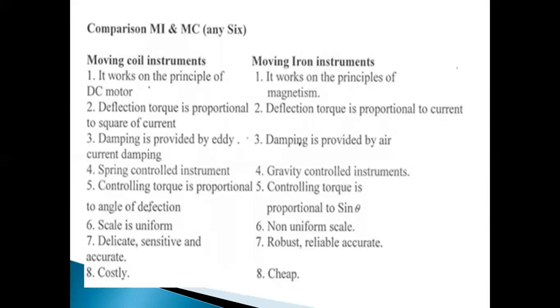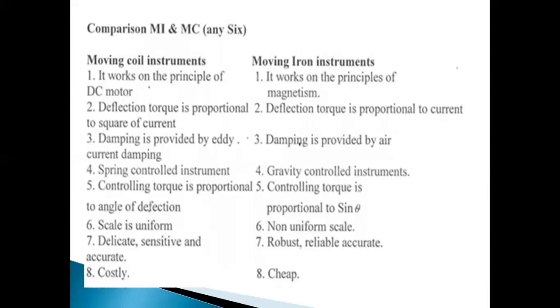And here, magnet loses magnetism. In that case, no permanent magnets are placed, so we cannot observe that loss of magnetism. And here, the errors are due to aging of springs and magnets. There, we are going to observe the errors due to change in the frequency of AC signal. And these can be used as ammeters, voltmeters.